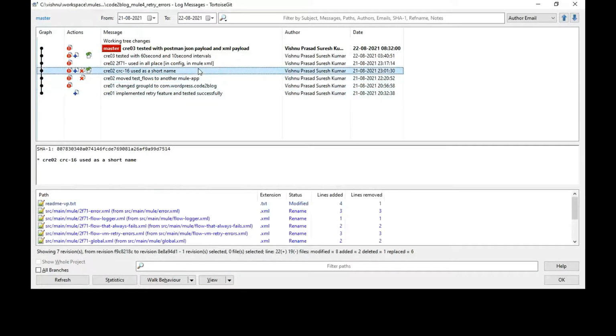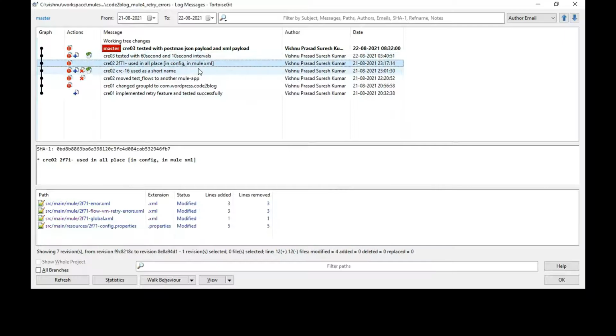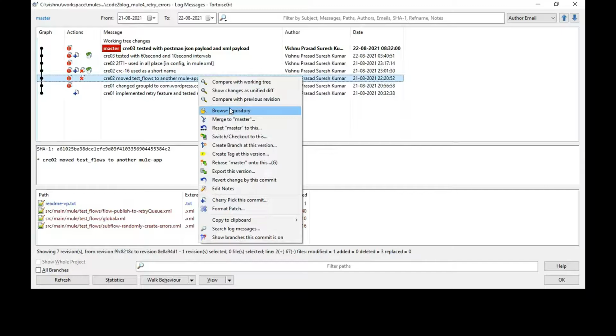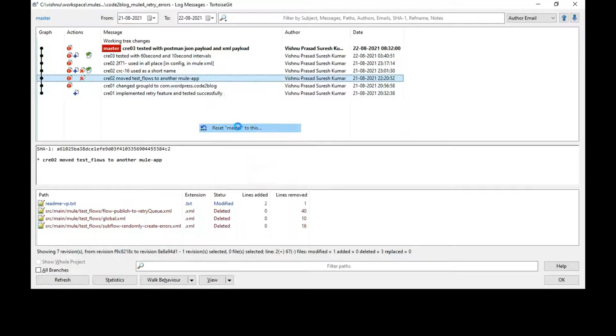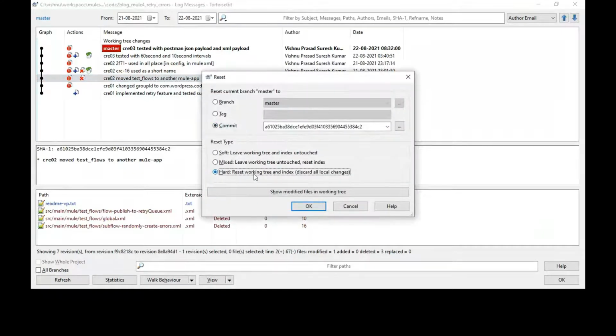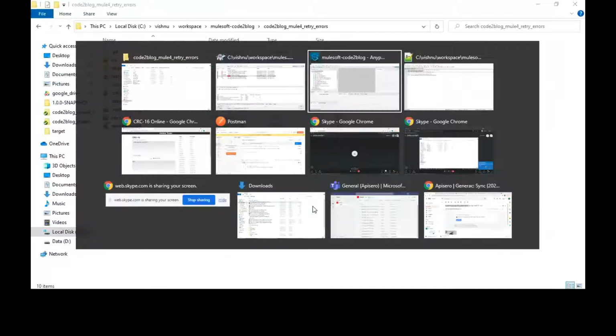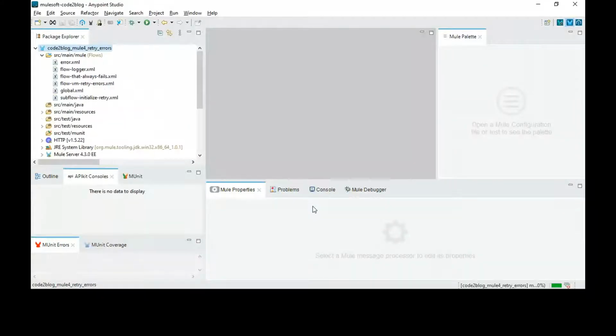I usually separate the commits based on some grouping logic, and that grouping logic is a feature. 01, 02, 03 are each an individual feature, so that I can switch between them easily. I don't have to make sense out of the individual commits. Instead, I look at the groups.